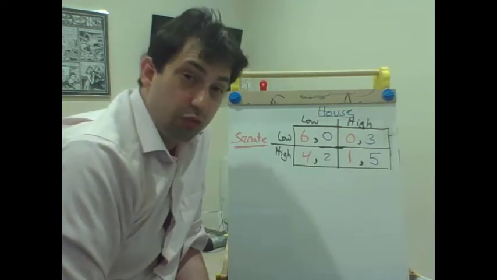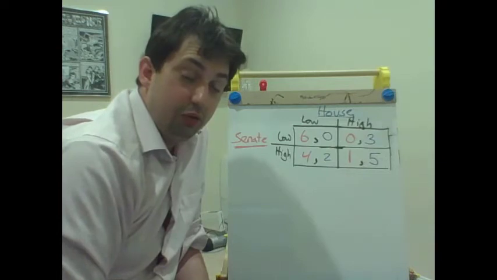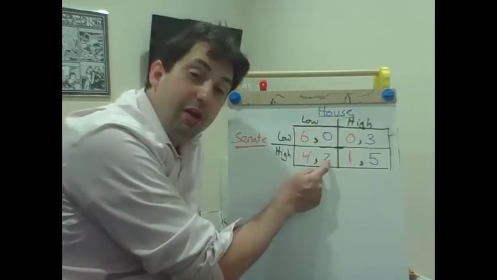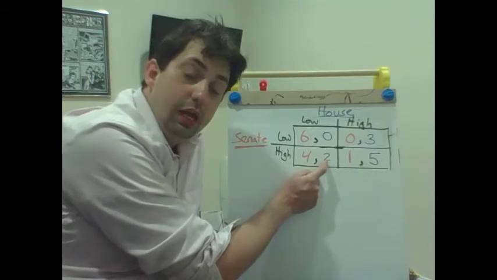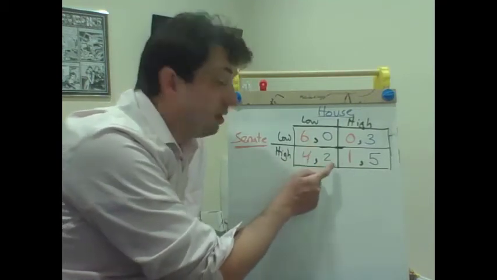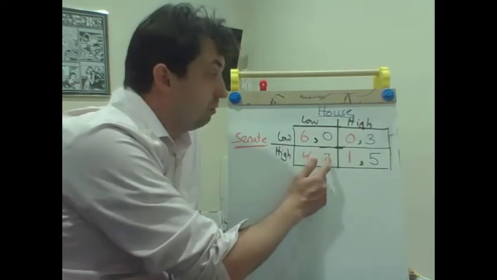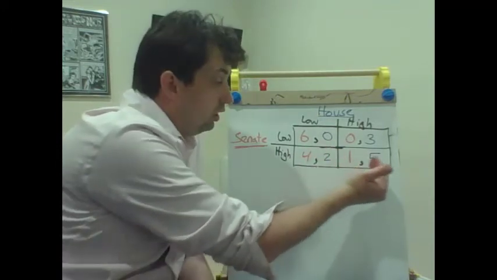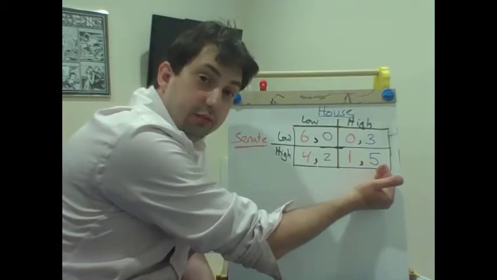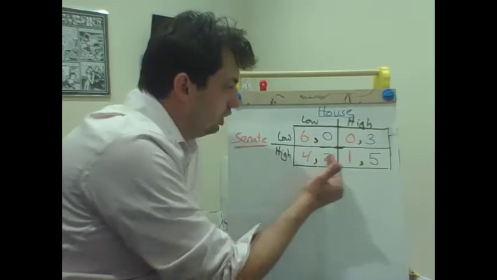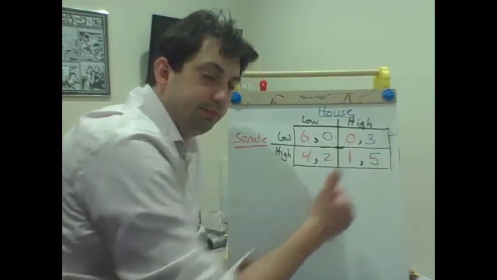I want to emphasize as we play this game that the players always are comparing things they can control. They're not looking at, say, what the other player gets. So for example, the House might only get a payoff of 2. It doesn't like this result, not because 2 is less than 4, but because it could change its strategy and get 5, holding the strategy of the Senate constant.